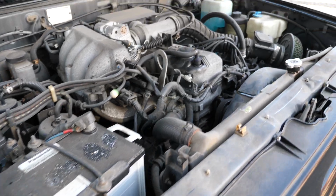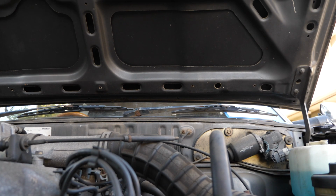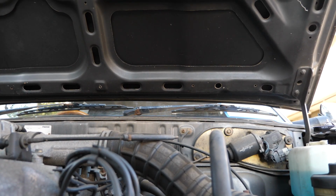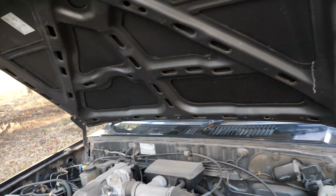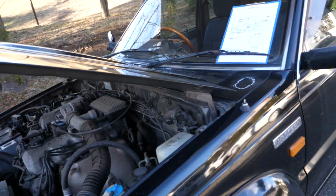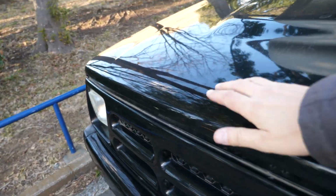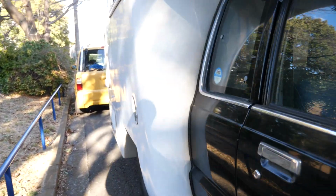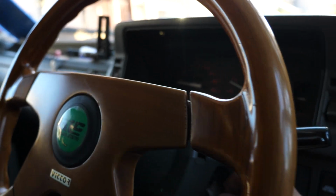I'm going to close the hood here. You can hear that hissing. It's kind of the sound that you get from a sports car usually. Wow, I got something weird here. Check this out. The hood keeps itself open because the hinges need to be greased. Okay, and I'll go ahead and turn the engine off for now. Wooden steering wheel, and here you can see